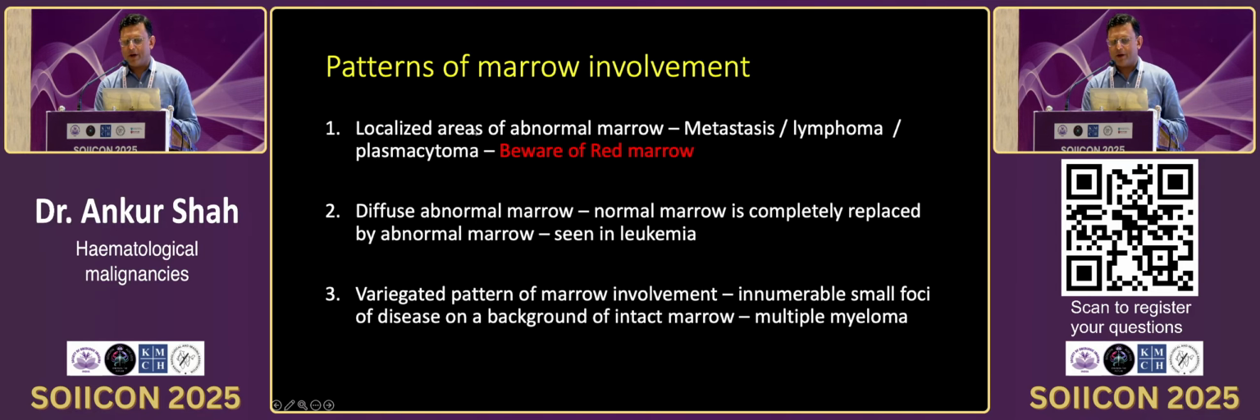Similarly, for diffuse marrow edema or the diffuse abnormal marrow, where the normal marrow is completely replaced, which is commonly seen in patients of leukemia, and the variegated pattern of marrow involvement, where you will see innumerable small foci of disease in the background of the normal bone marrow, that you will see very commonly in patients of